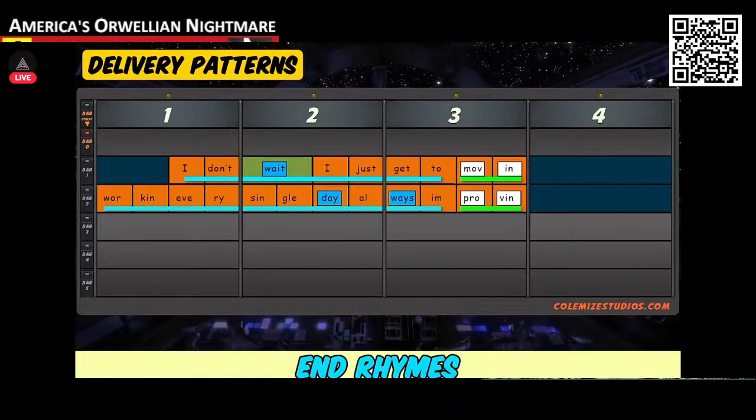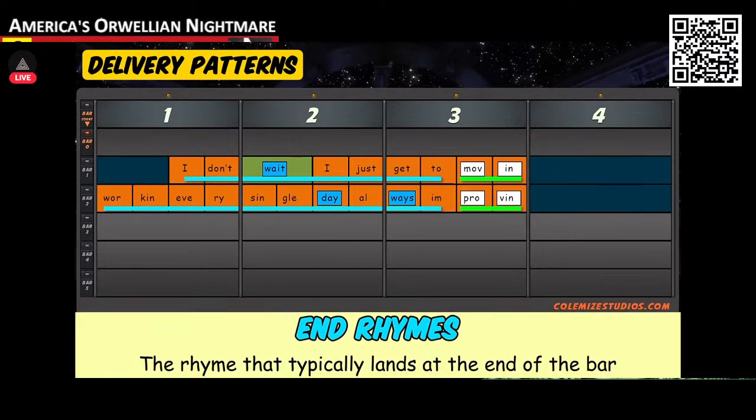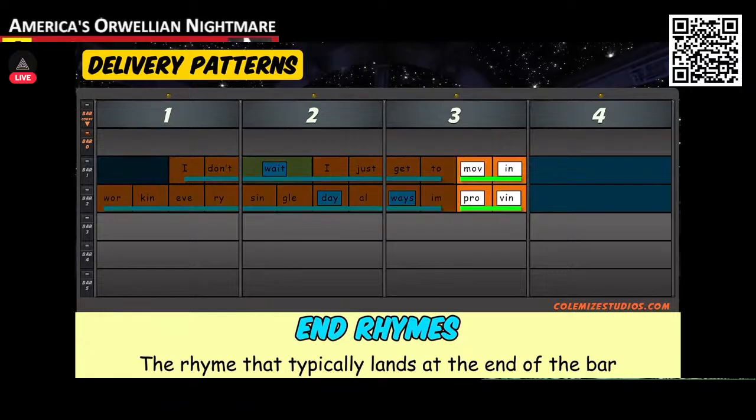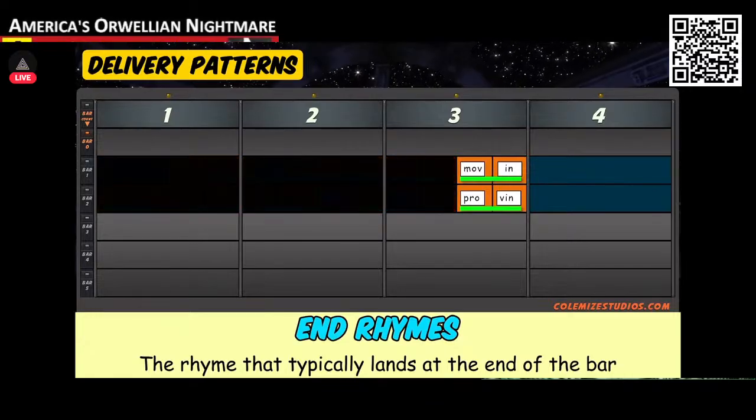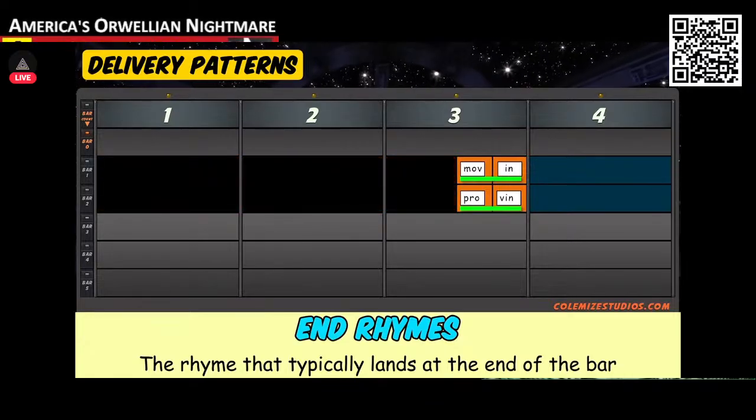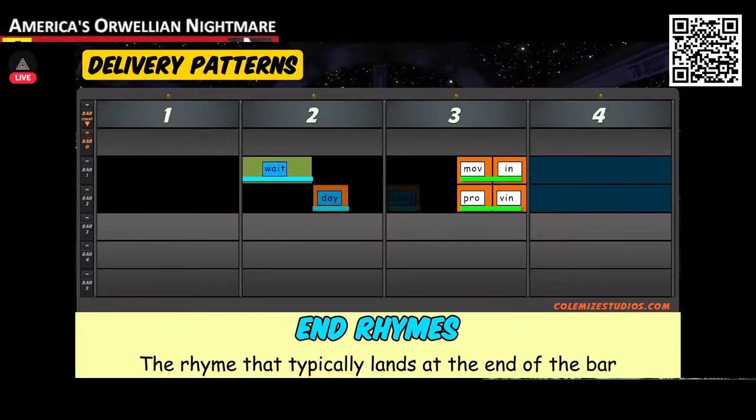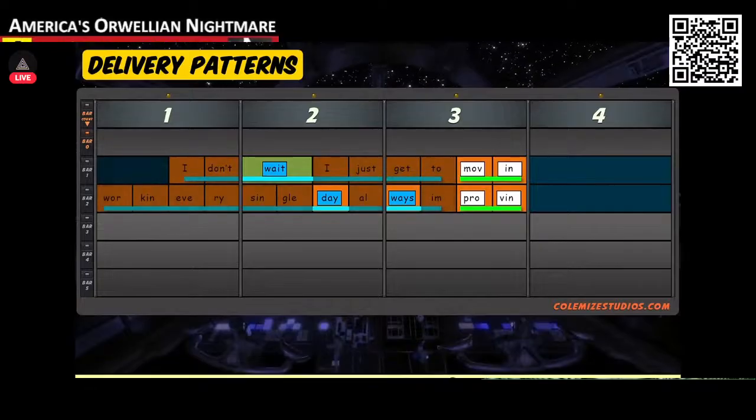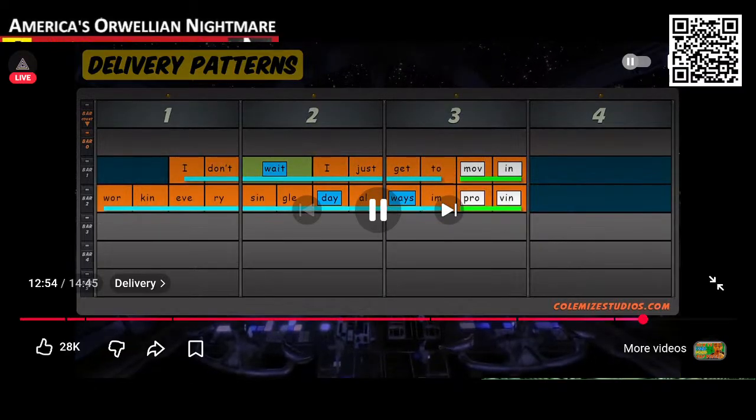End rhymes just mean it's the rhyme scheme we've created, which typically lands on the end of the bar. This is typically the first rhyme scheme that we established, and then if we wish to push things further, we'll create more internal rhymes and rhyme schemes around it. And rhymes are a great place to add a little bit more energy to your vocals because